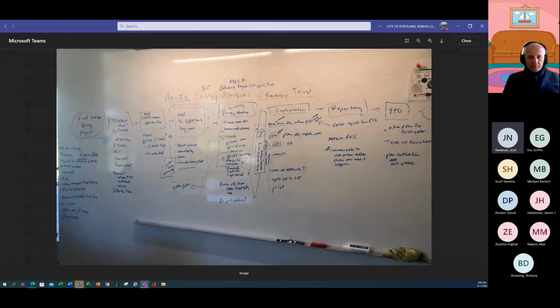So we started by just mapping what we currently do, which is Energy Trust of Oregon is our funding partner, and they pay us to do improvements. They rebate some of the costs to us for energy usage reduction, energy efficiency projects. So the program is very highly influenced by their process, and we have a team. I'm not sure I can actually read some of these boxes. I'm just going to talk over the boxes because we really do need to get this into a